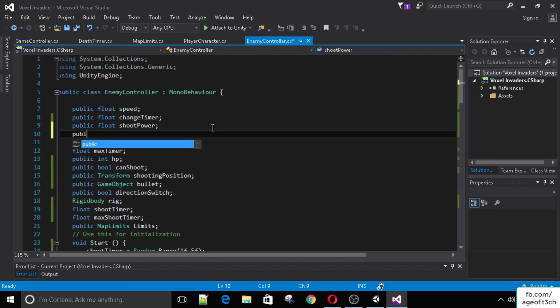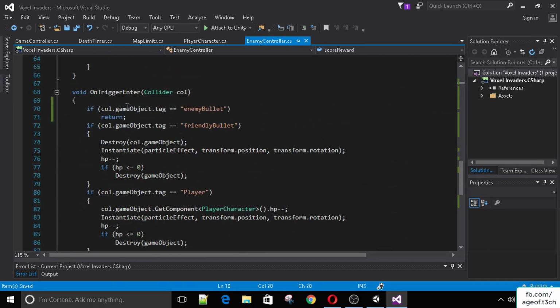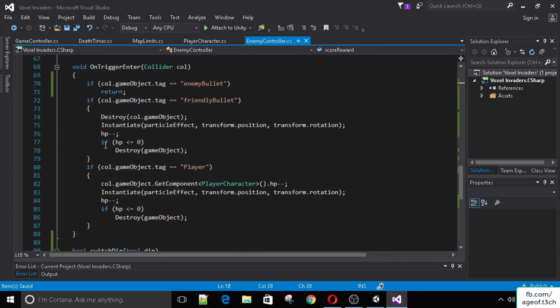So let's go ahead and create a public integer score reward, so that each one of these enemies has a unique score reward when you kill him. Some might drop you 2, some might drop you 5, and others might drop you 10 score. Let's go ahead and scroll down on the OnTriggerEnter method, and right before we destroy the enemies,